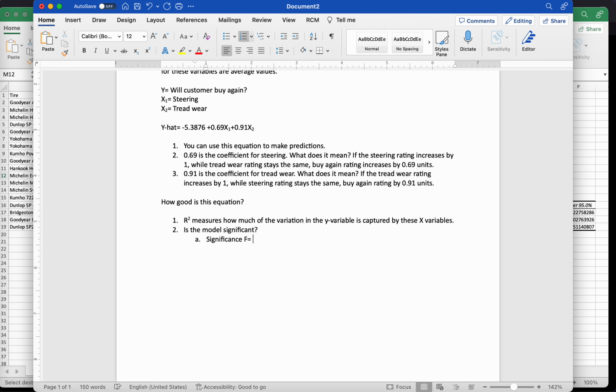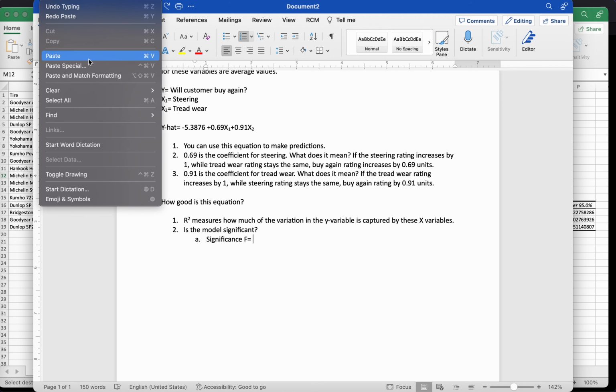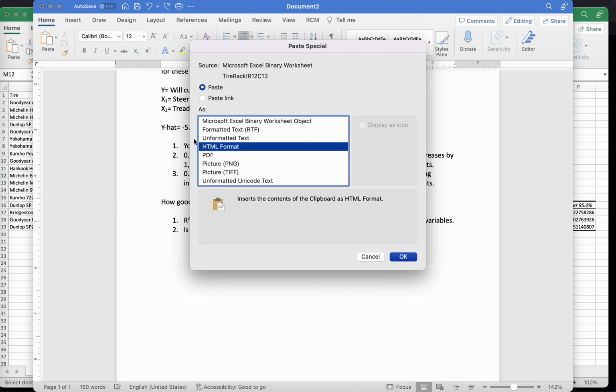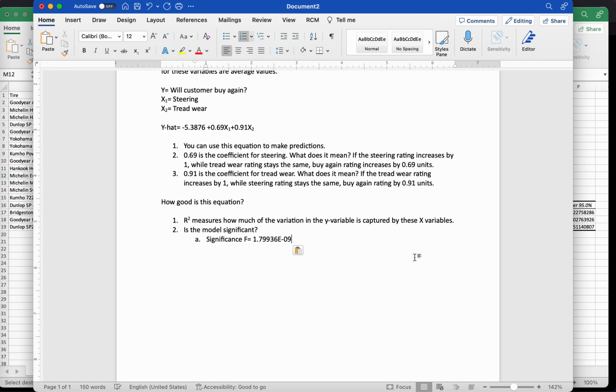Significance F, the value of significance F is... So remember, whenever Excel throws up really, really small numbers, that is what it does. E minus 9 means 10 to the power of minus 9. So this number is actually 0.1, 2, 3, 4, 5, 6, 7, 8,